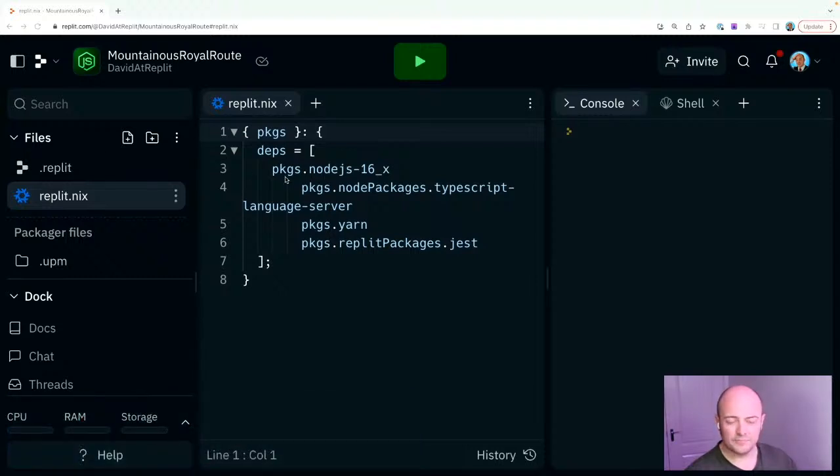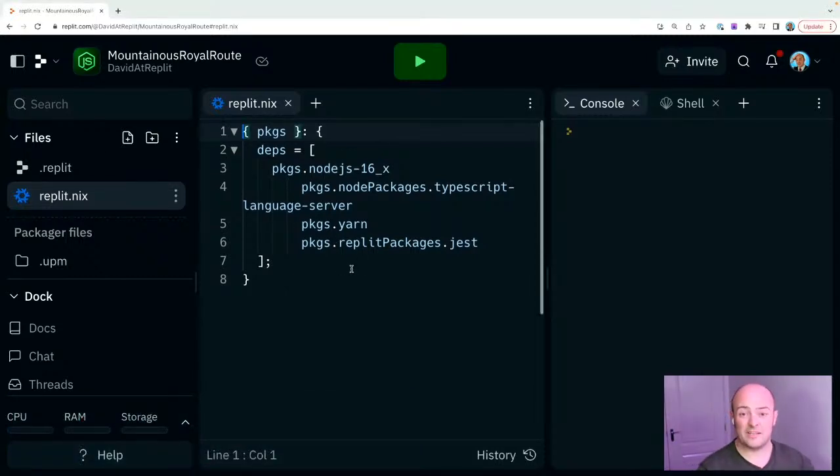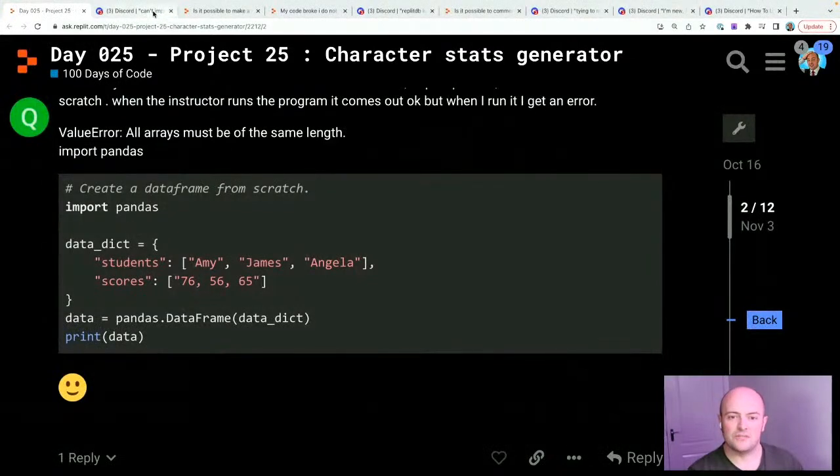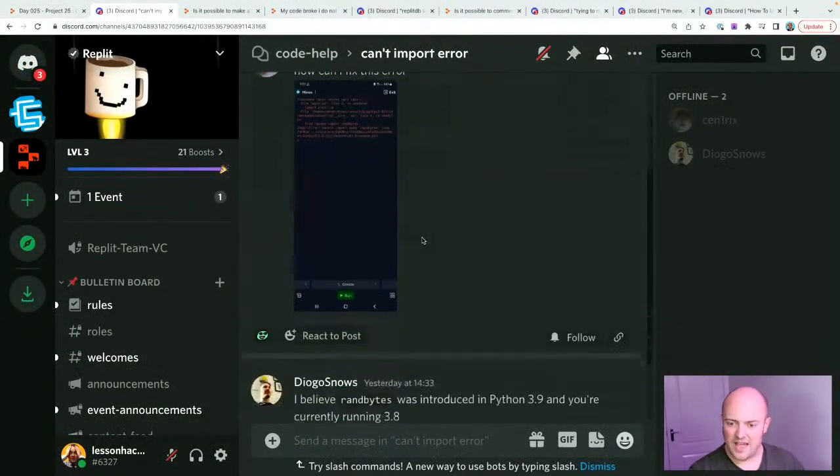Okay. This replit.nix file, by the way, is really, really interesting because Nix packages basically mean you can very, very quickly install what you want. And there is a question tonight that I wanted to get to, which dealt with this. So let me have a quick look to see if I can find that question. Let's have a look. Here it is.